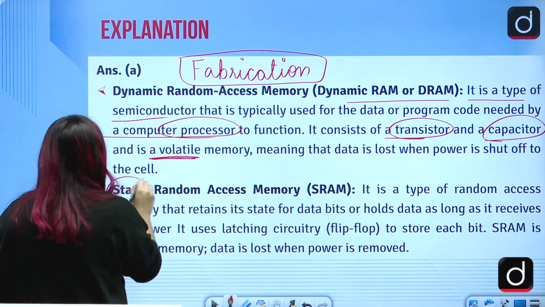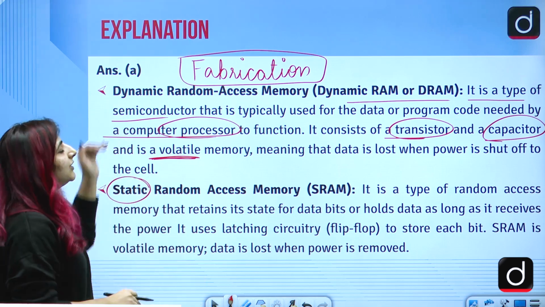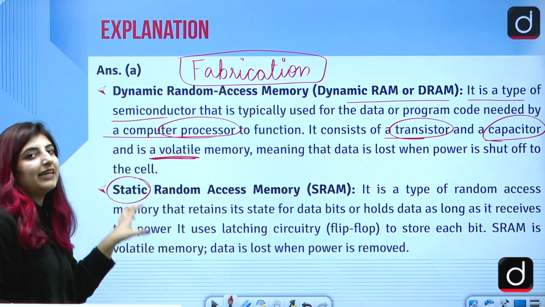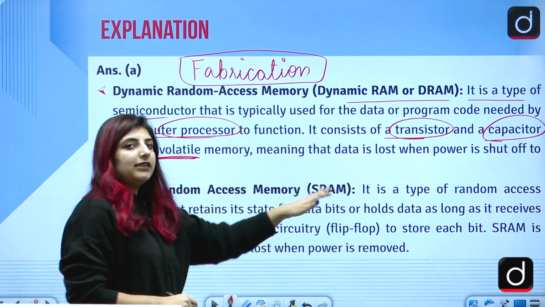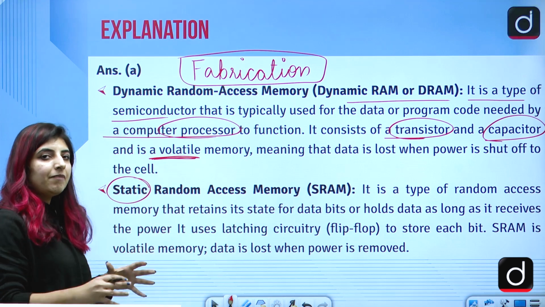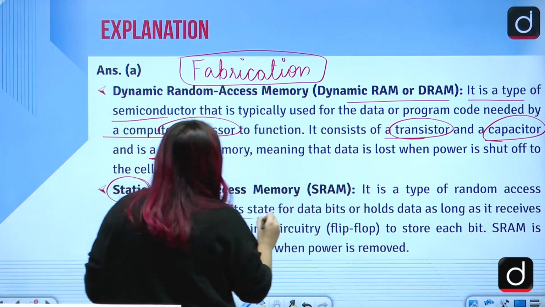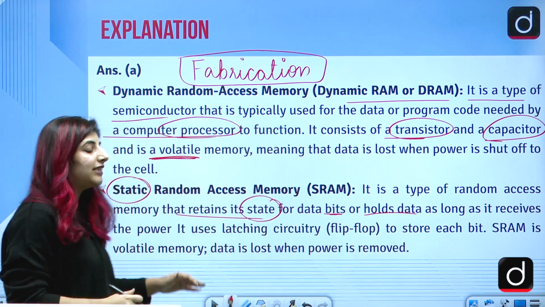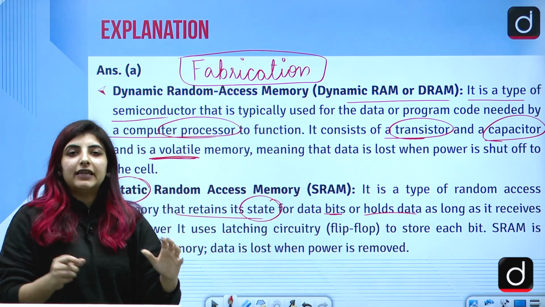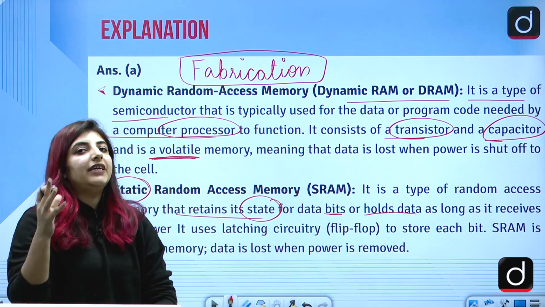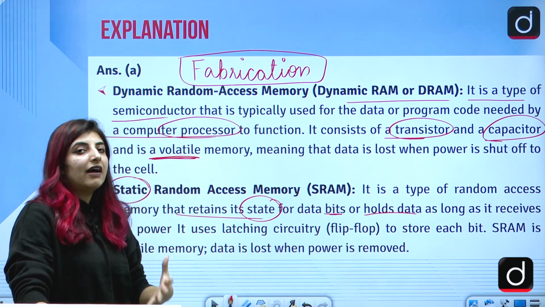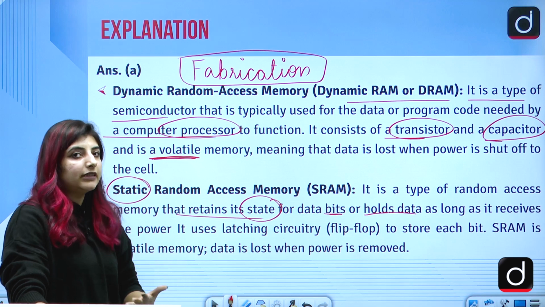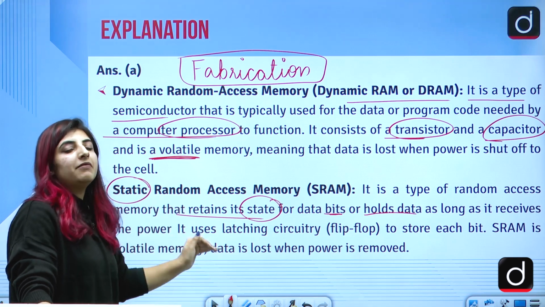Then we have SRAM, which is the opposite of dynamic, which is static random access memory. It is obviously again a subtype of RAM, right? And it retains its state for data bits, or holds data, as long as it receives power. So basically, till the time the electricity is attached, till the time you have the computer or power turned on, the same memory will be there.